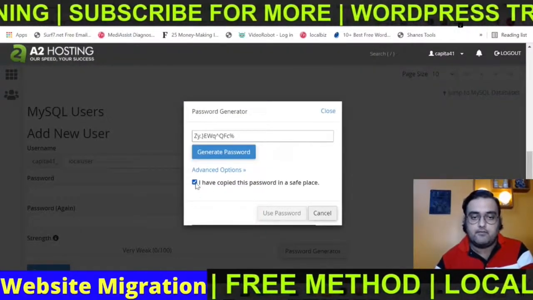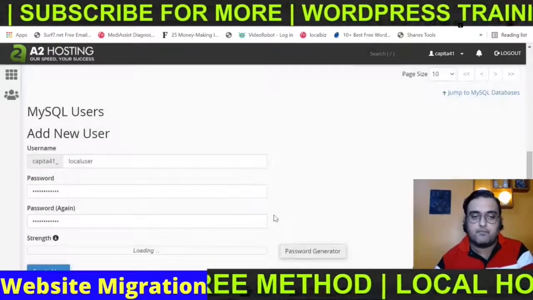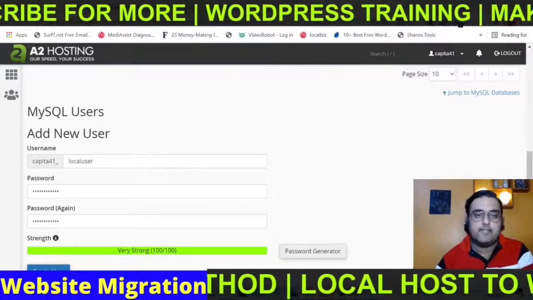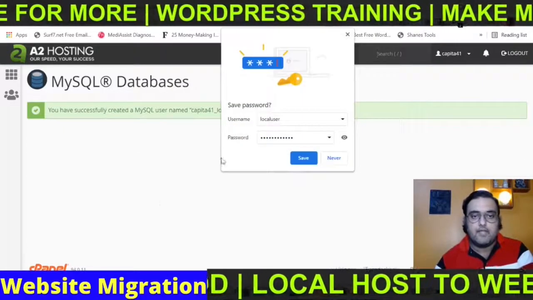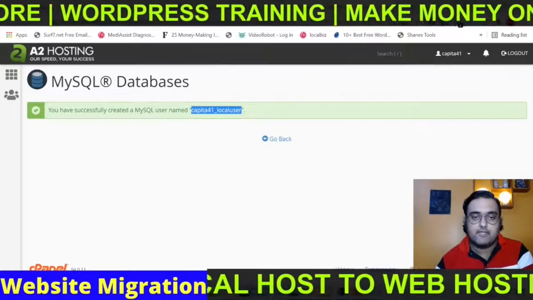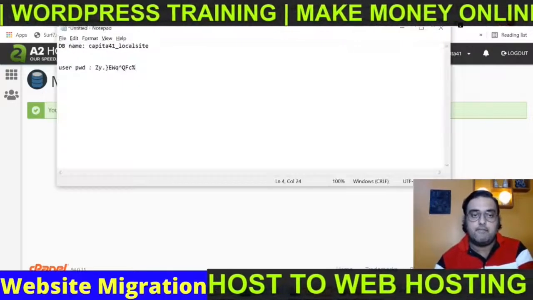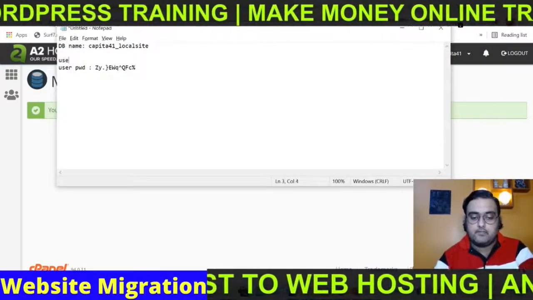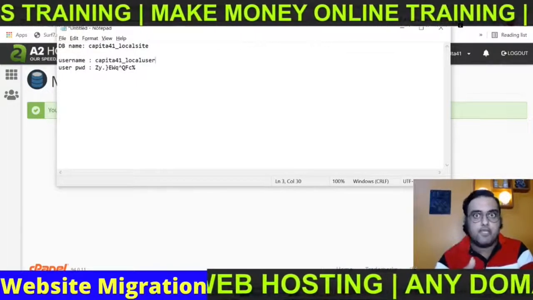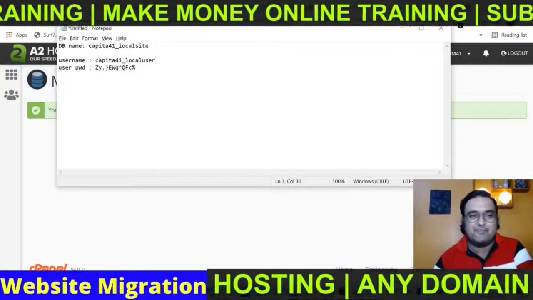And then in here, you can mark it as copied and use password. And then you just need to hit create user. And as you can see, the user has been created. So again, as we did, just copy the username and paste it over here, right? Make sure that you keep a note of this, otherwise you are going to be in trouble.